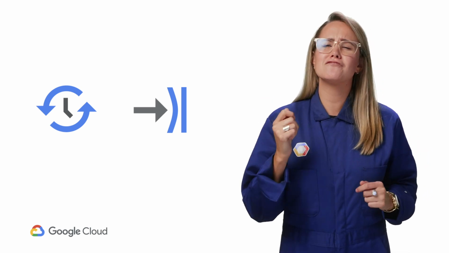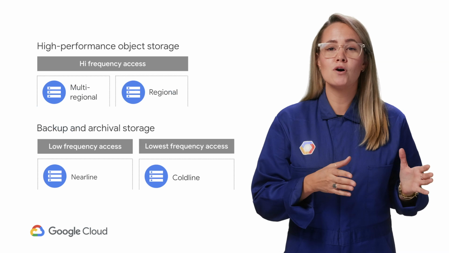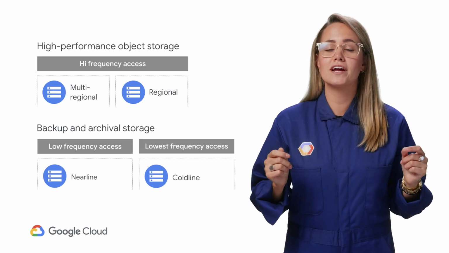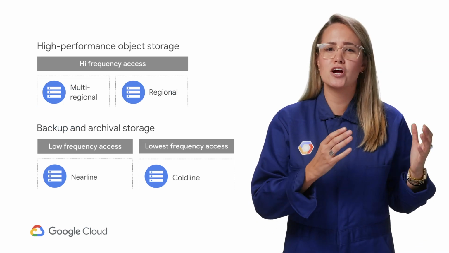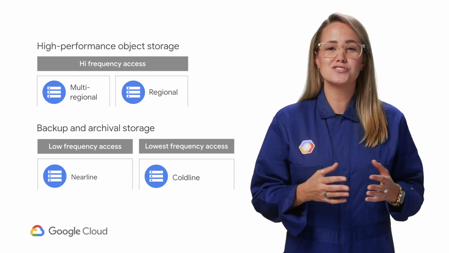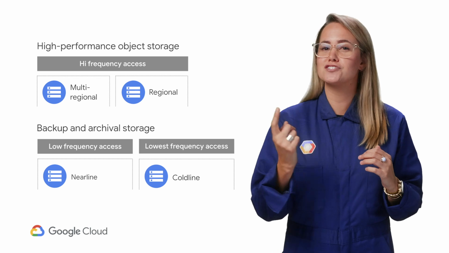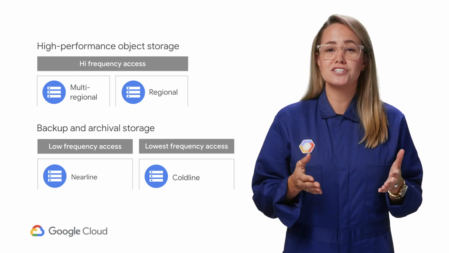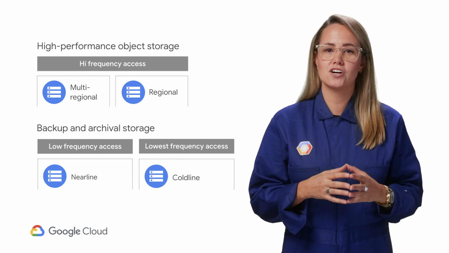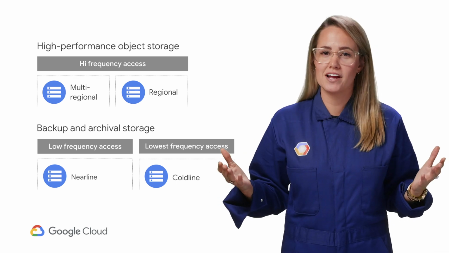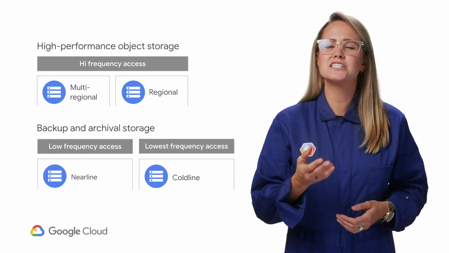GCS has 4 different storage classes. All offer low latency and high durability, but they're varied based on their availability and minimum storage durations, along with the pricing for storage and access. Multi-regional and regional storage are great for real-time access, like something that's part of an app or a website. Regional storage lives in a specific location and is great when associated with usage in the surrounding areas. Multi-regional class automatically duplicates your contents across regions in a larger area, like a country, and is better for high